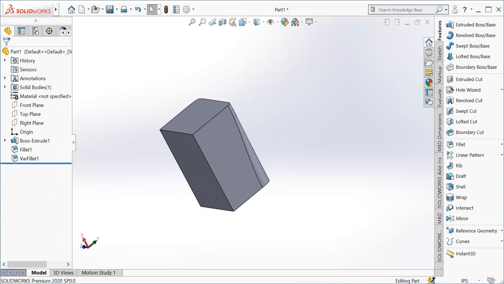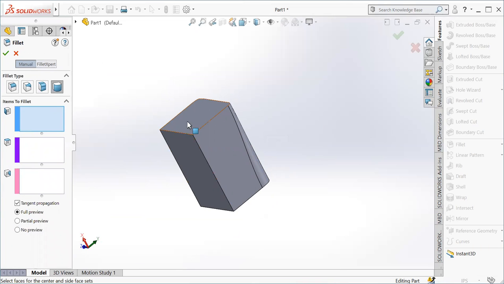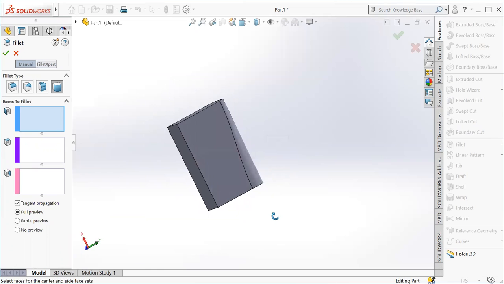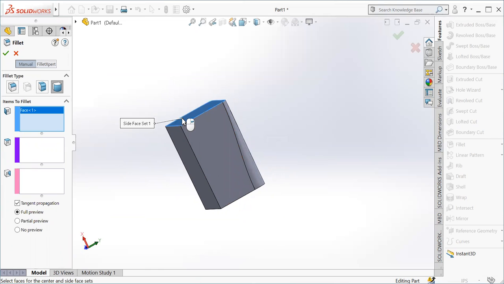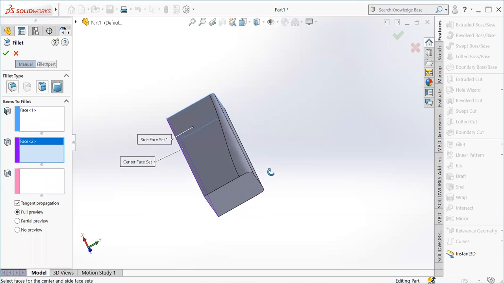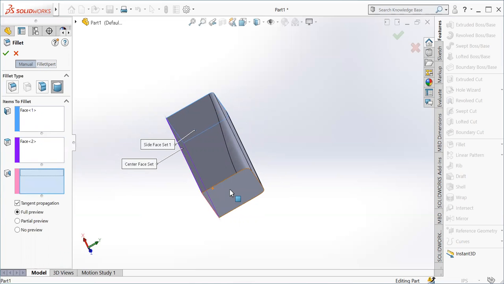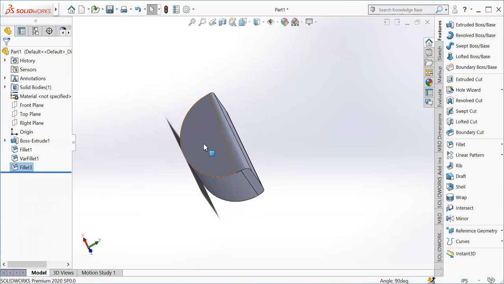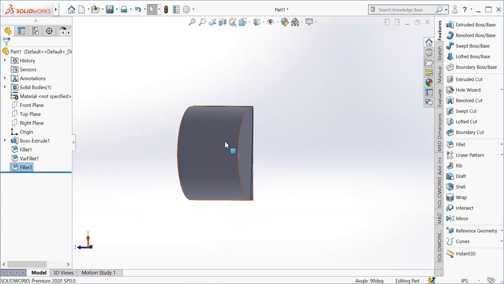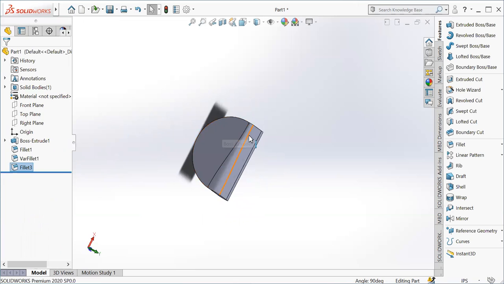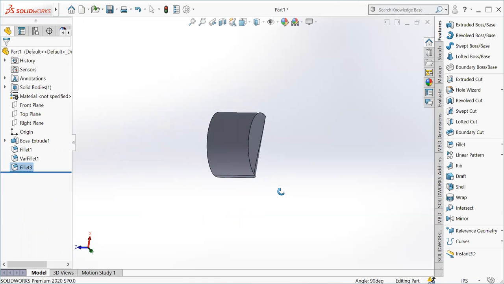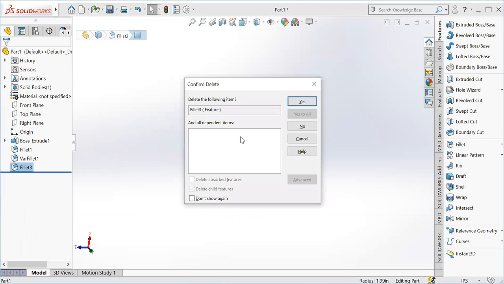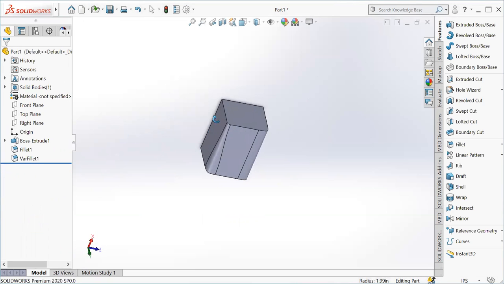Now the fourth type of fillet is the fillet for more than 2 edges. Here I have to select this first edge, then the second edge, and here the third edge. So I get this fillet. Then I click on this OK. I have got the fillet of these 3 edges like here, and it is a uniform fillet. And it is a continuous contour fillet. You can also delete this fillet if you don't want it, and we get our original previous shape.